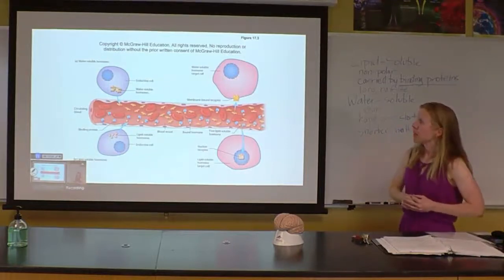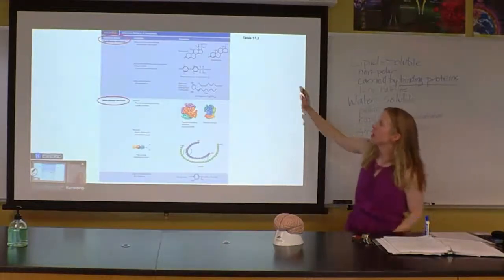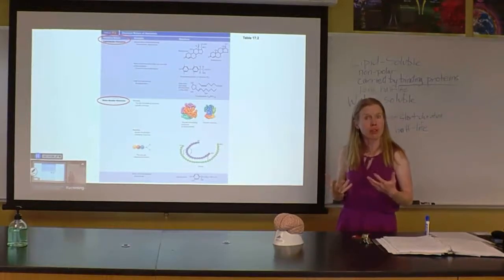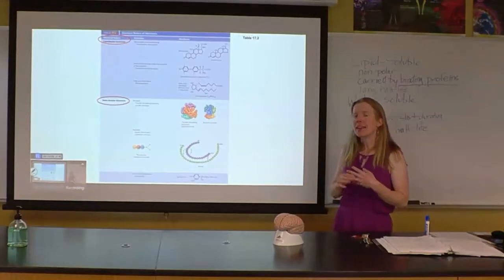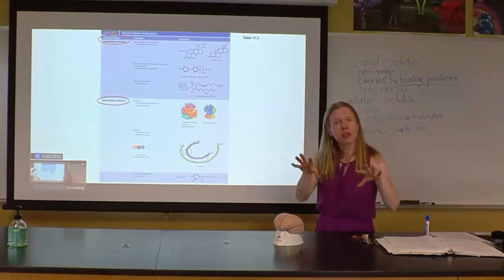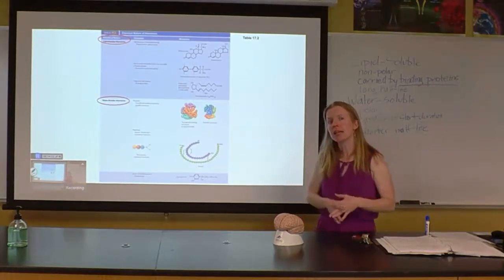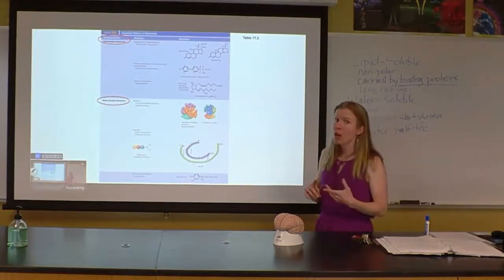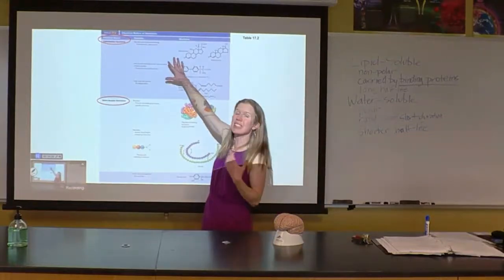Okay, so again, lipid-soluble hormones, water-soluble hormones. We're going to look at a couple other features that differ between them as well. And this is one of those things where you have to memorize these features of each, but once you have hormones sorted into these groups, it's going to be a lot easier to understand how they work. So this might also be a good table to look at to see what the examples of these hormones are.